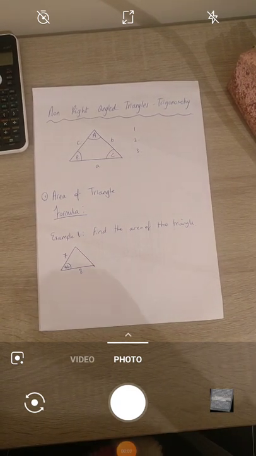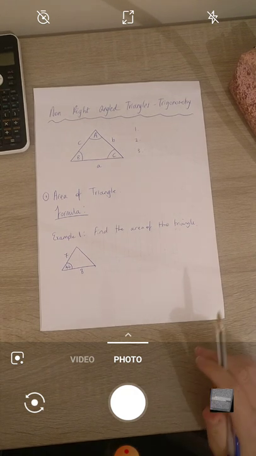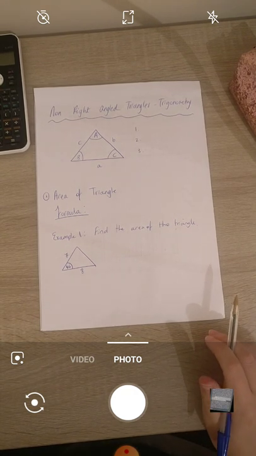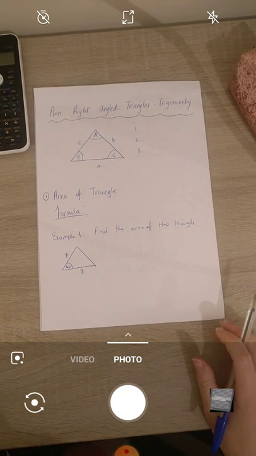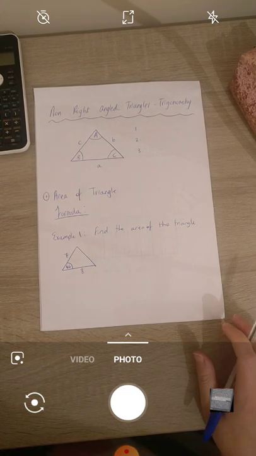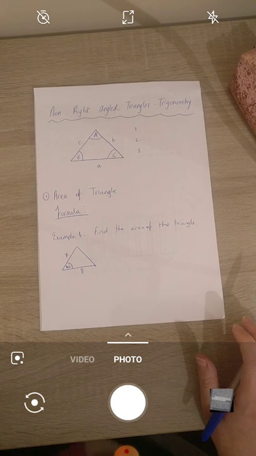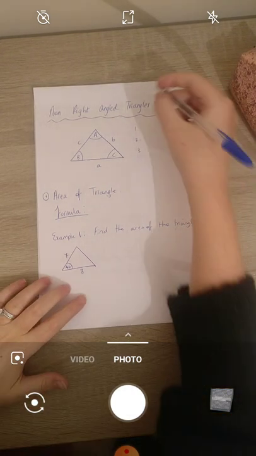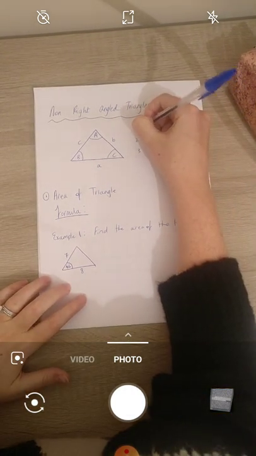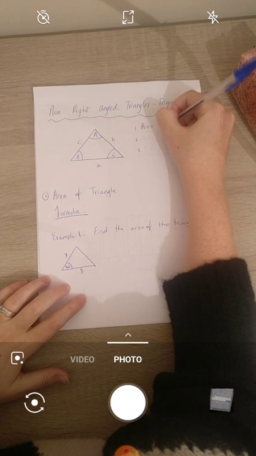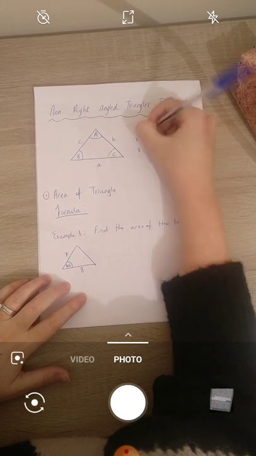We're going to look at non-right angled triangles. The first trigonometry video was all right angle triangles, where we looked at Pythagoras and trigonometric ratios using sine, cos and tan, and we also looked at angles of depression and angles of elevation. For non-right angle triangles, there are three things we're going to be looking at: area of triangle, the sine rule,